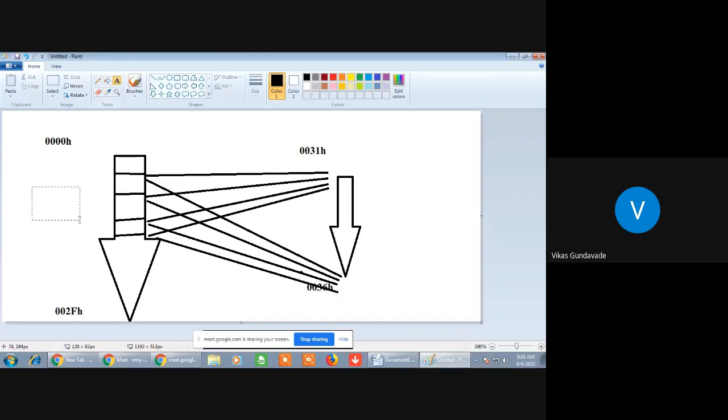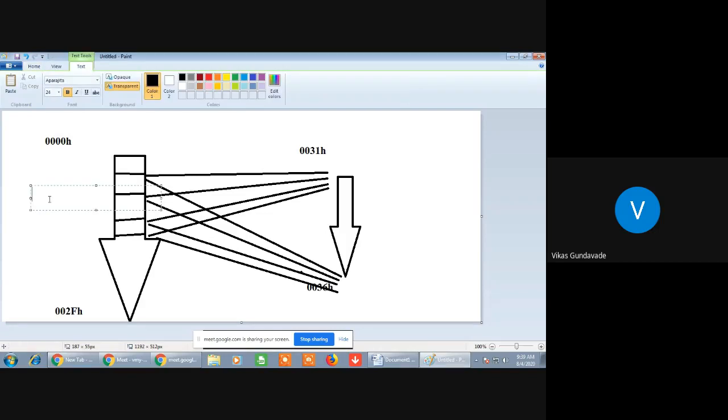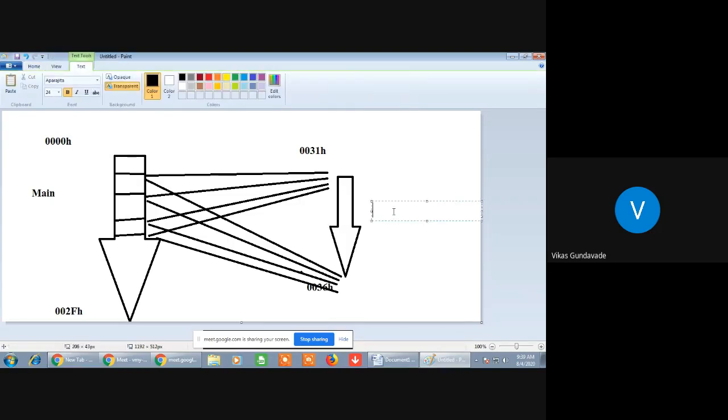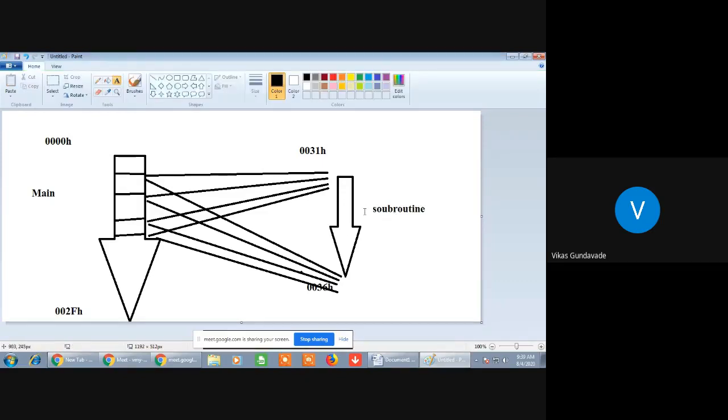This program is called the main program, and these lines which are written separately are called subroutines. These subroutines are called into the main program whenever required.